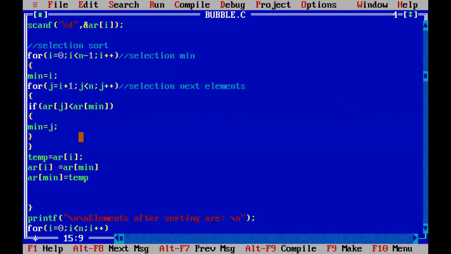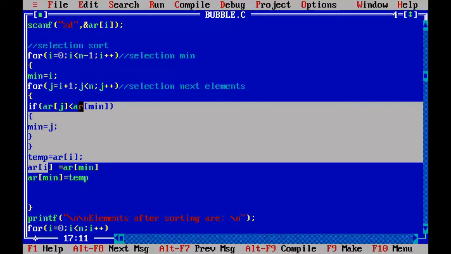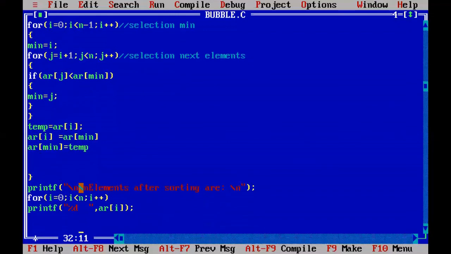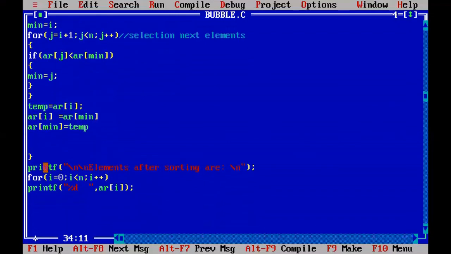This is a repeated process, and for the third index, fourth index and all elements, they are replaced with the minimum elements. This procedure is repeated for each and every element. After completion of the inner and outer for loops, the elements are sorted according to selection sort. And when you print the elements, you will see them in sorted order.